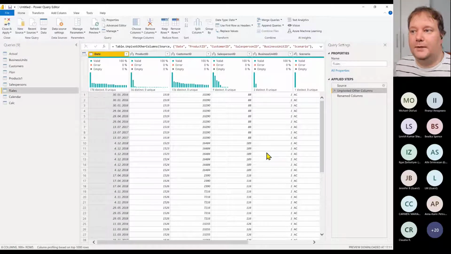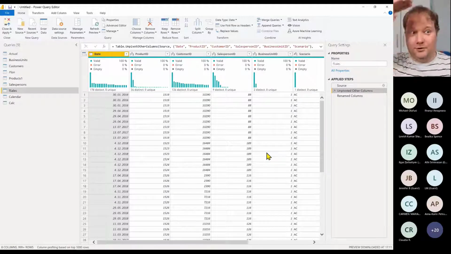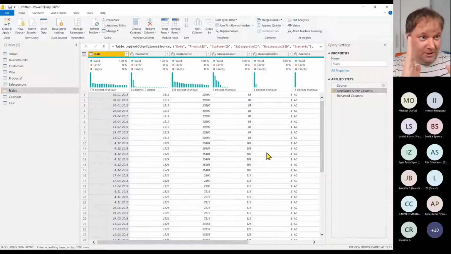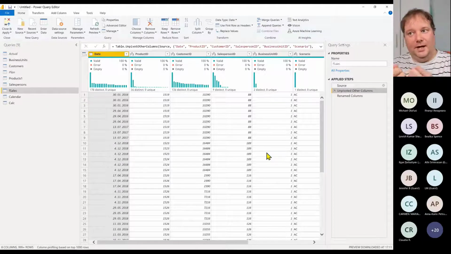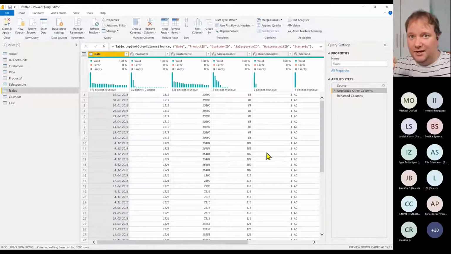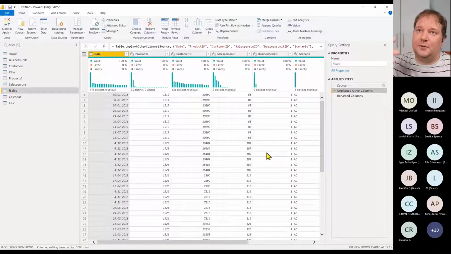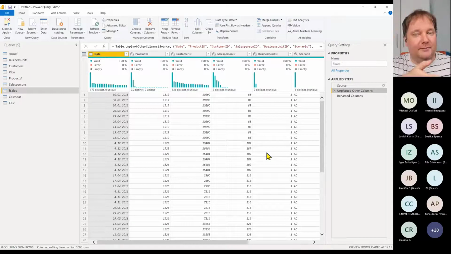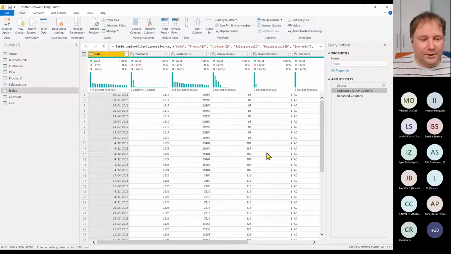So what you should be thinking is, if I have a small and lean data set, where tables are small, not just like this, but also like this, then this is the way to go. This is actually also a way to make them smaller, which is always a good thing, right? And everything that you're adding in your append is just a single column of scenario. And if you think about it, every column in the xVelocity engine, which would be your Power Pivot, just takes up space by the number of unique values. In my case, I only have 2, so that is almost the smallest column in there, right? So what I'm trying to say is,